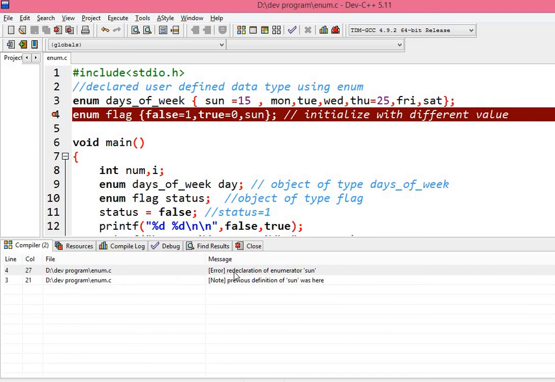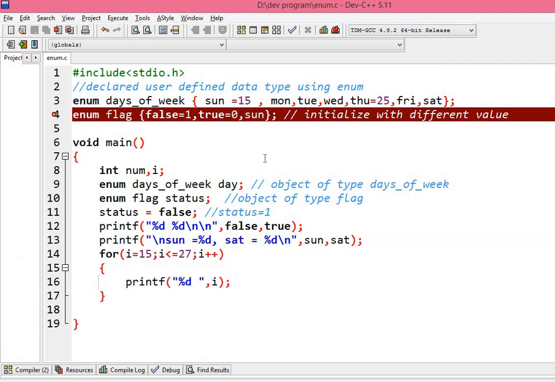You can see the error is redeclaration of enumerator SUN. So you need to understand that you cannot use duplicate enumerator names across different enums.